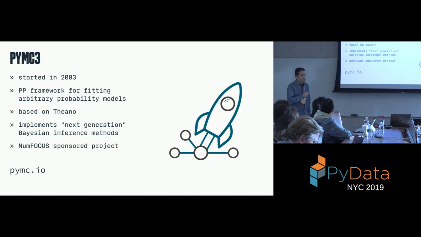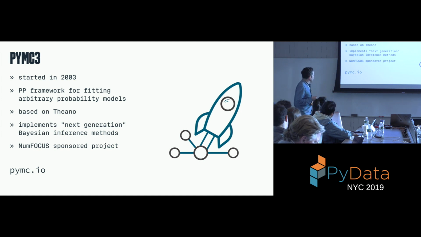This was started back in 2003 when I was a postdoc, and it's based on Theano. And Theano is, pour one out for Theano. It doesn't really exist anymore. It's still there. You can still find it, but the project is no longer active. It's a framework for doing deep learning, essentially. The reason is that we kind of hijacked that deep learning engine to do probabilistic programming because A, it's a very powerful computational engine, and B, it does automatic differentiation for you. It calculates gradients